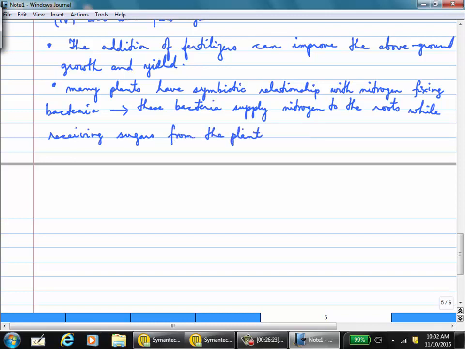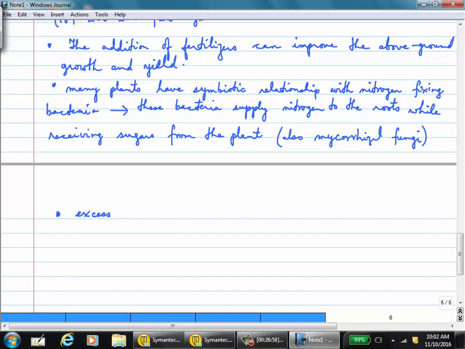And in addition to bacteria, there are also fungi that are called mycorrhizal fungi that do the same kind of thing. So also mycorrhizal fungi. Now, if the plant absorbs excess minerals from the soil, that can also be toxic for the plant. So there has to be some balance. So excess minerals can be toxic,